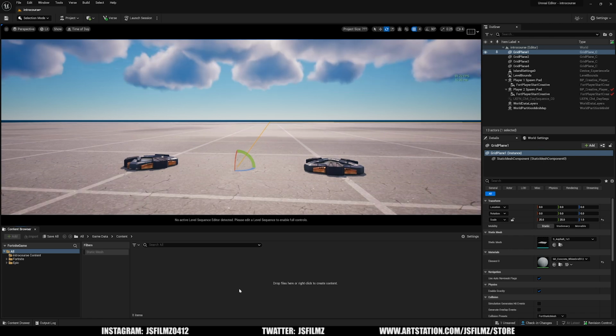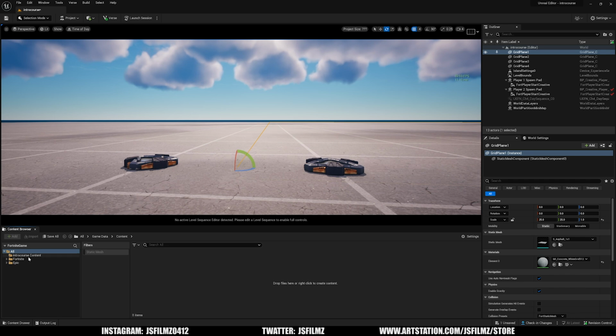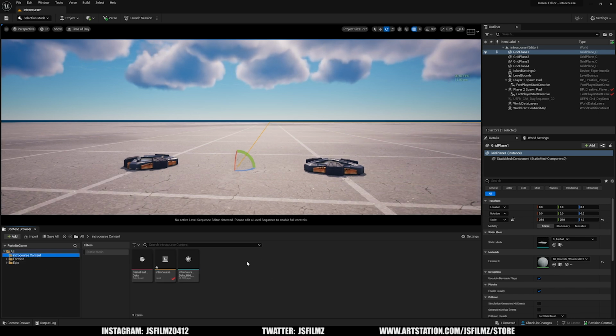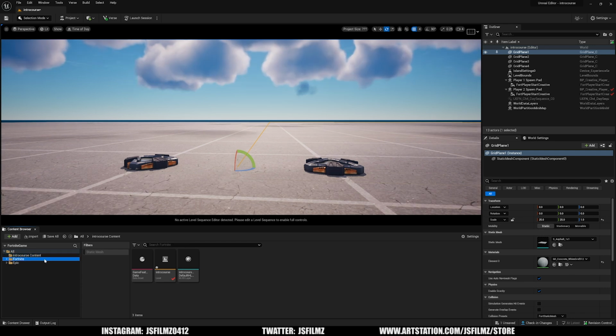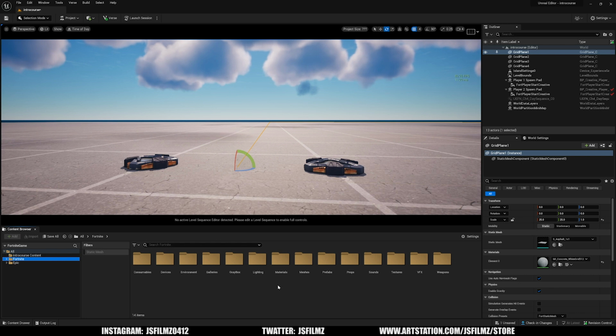Okay, so here we are in our content browser. In the content browser on the left side, you're going to see we have about 3 folders. We have the intro course folder, which is our local folder right now, what we're working on. And then right below that is the Fortnite folder. Now this right here